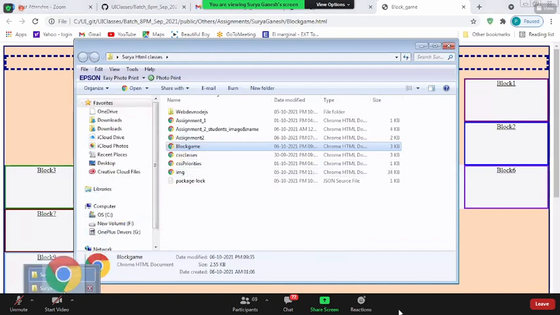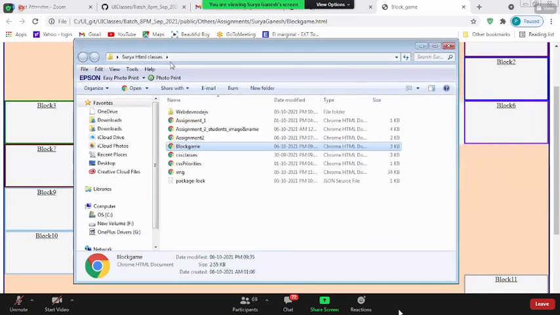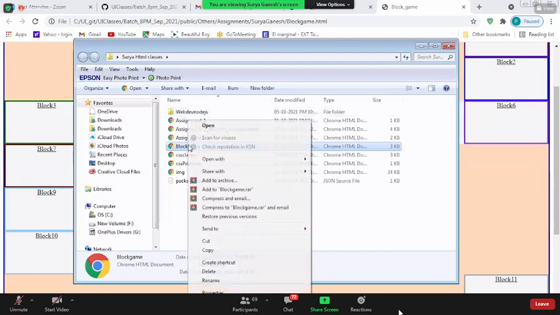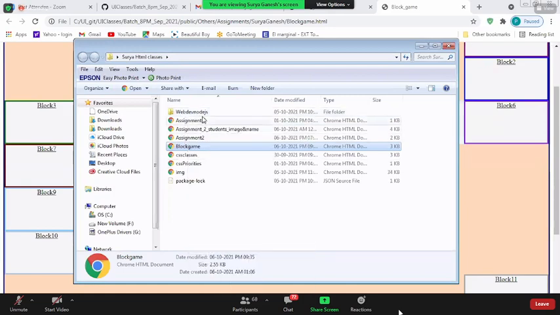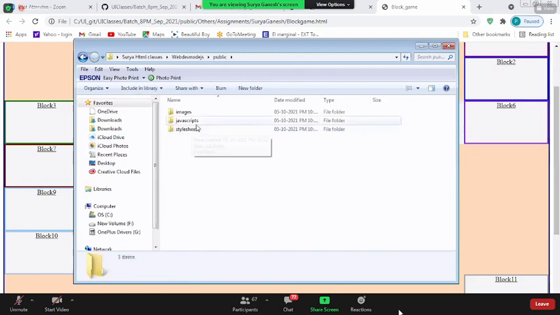No, you are putting it into our server. I'm not asking about this. You have your own server, right? Where is the server? Okay, right click on blockgame and copy the file first. Now go into your server. Which folder do you have to paste it in? Public. Exactly. Paste it here.